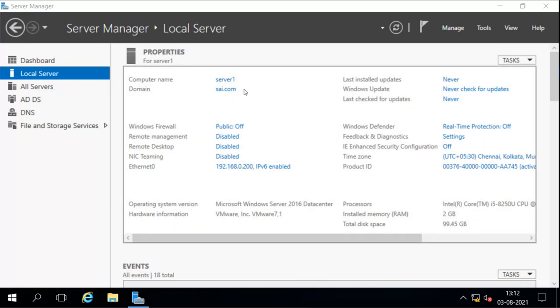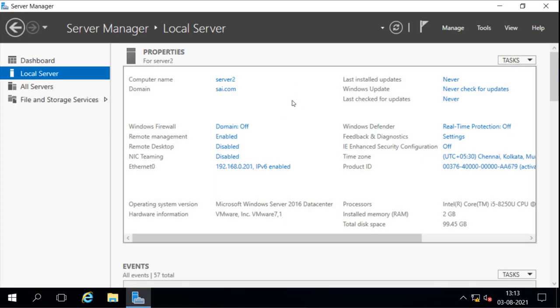Now this is Server 1, and this Server 1 is our Active Directory server. It is also our DNS server. I'm going to configure it on another server which is a member of the domain, that is Server 2. The requirement is that the server where you are configuring the IPAM must be a member of the domain. Then it should be another, separate server. It is a good idea to use a separate server, so I'm going to use Server 2.